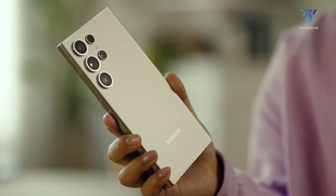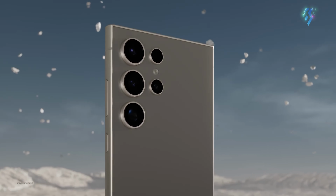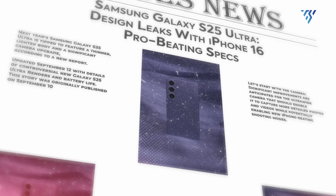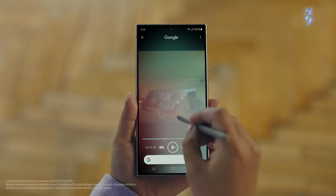The Samsung Galaxy S series has long been at the forefront of the premium smartphone industry. As we approach the next iteration, the Galaxy S25 Ultra, excitement is building up among tech enthusiasts. Recent leak renders have set the smartphone world abuzz, offering interesting glimpses of what could be Samsung's most groundbreaking device